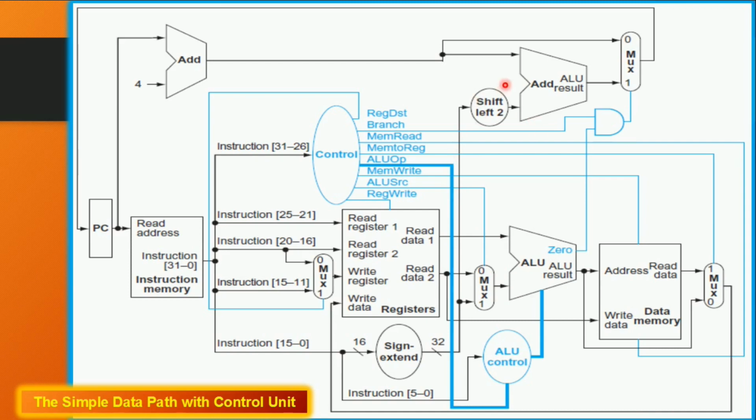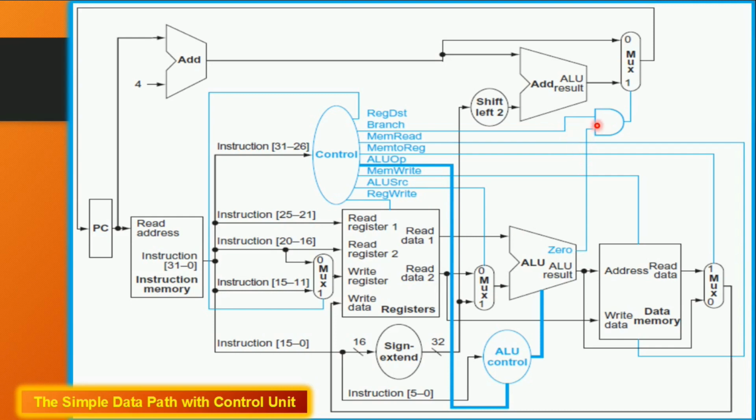This path is used for calculating the branch target address if any branching instruction is encountered. For example, if a branch instruction is coming, the branch signal will be asserted, as well as the comparison. For example, BEQ is the instruction. So I have to make the comparison between RS and RT. The ALU will be performing subtraction. If both the contents are the same, then the ALU result will be 0. The zero signal will be asserted. So the branch target signal also will be asserted.